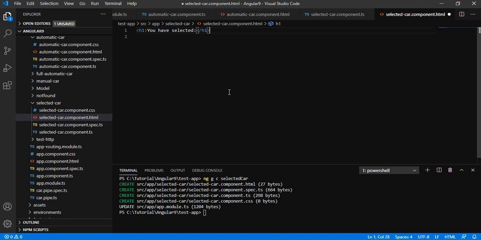You have selected car dot car ID, car dot car name, and car dot model.